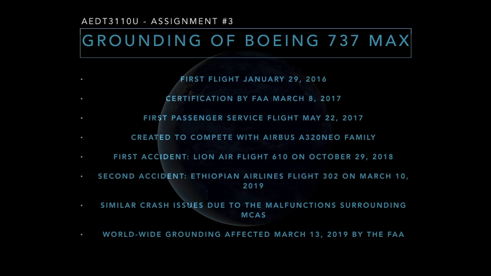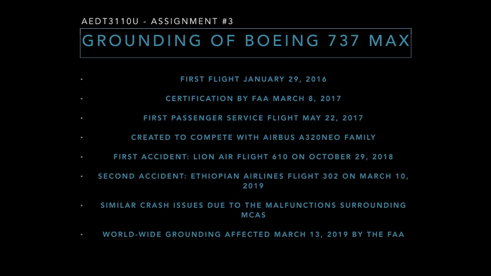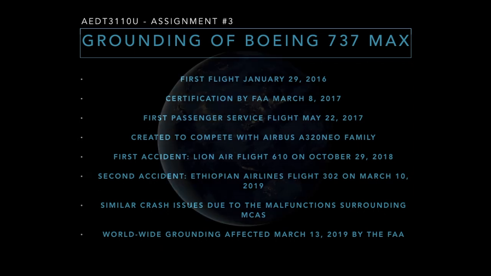Actions taken by Boeing were to update the operational manual guidance to help pilots address the flight control error message issues. 5 months later, Ethiopian Airlines Flight 302 crashed, and the events affecting the crash were similar to Lion Air Flight 610. The similarities of the crashes concern the Maneuvering Characteristics Augmentation System, MCAS. Due to these events happening within a short period of each other, the FAA announced a worldwide grounding of the Boeing 737 MAX, which is currently under investigation.